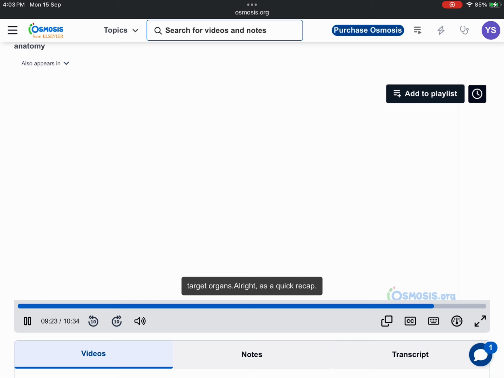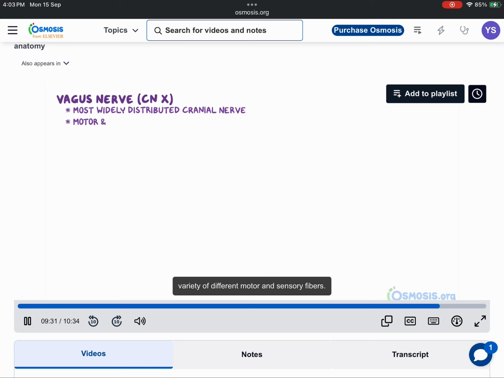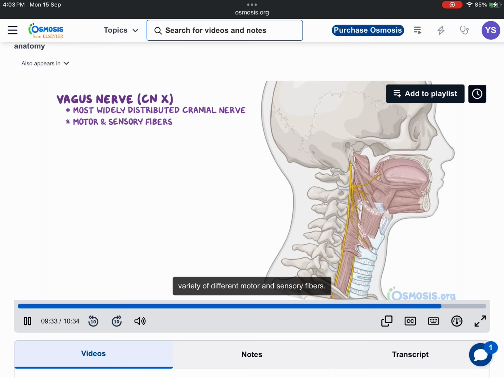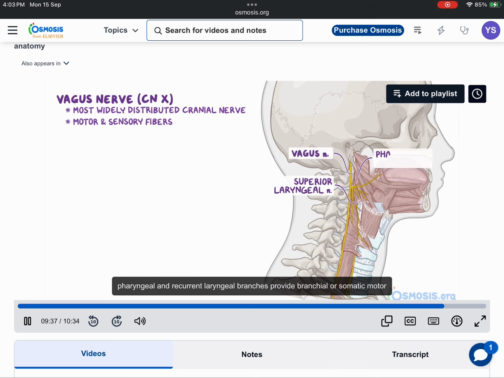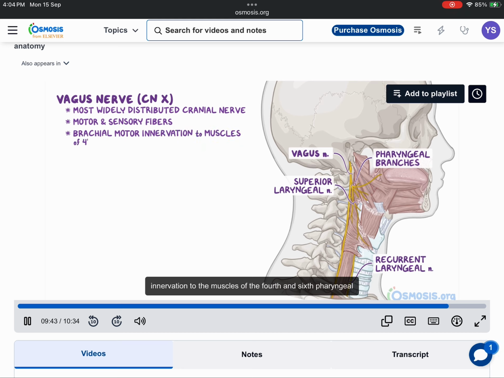All right, as a quick recap, the vagus nerve is the 10th and most widely distributed cranial nerve in the body. It's composed of a variety of different motor and sensory fibers. First off, the vagus nerve, specifically the superior laryngeal, pharyngeal, and recurrent laryngeal branches, provide branchial or somatic motor innervation to the muscles of the fourth and sixth pharyngeal arches, which include the majority of the muscles of the palate,